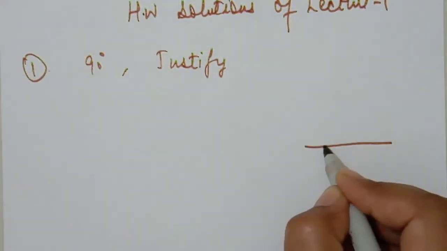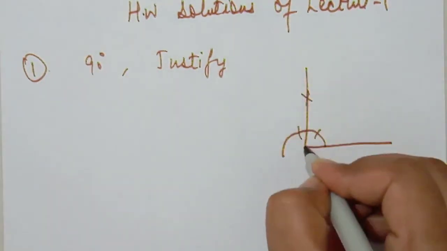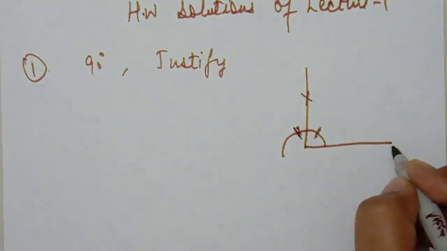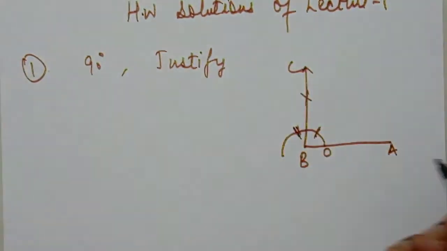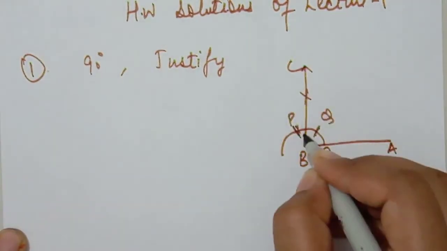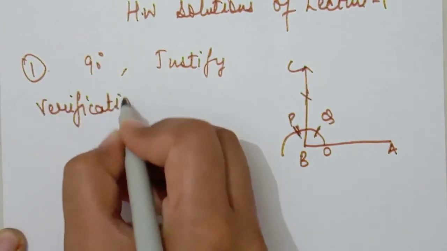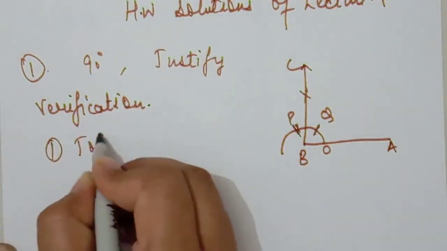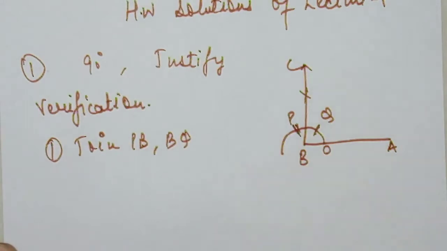I know you know very well that first of all we have to draw the 60-degree angle, then 120, and then the 90 degrees is present like this, correct? This is 60 degree and this is 120 degree arc. So we will mark it as AB and then point C, and this is O. Now for the construction we have to mark these 2 points also, P and Q, and then the verification, or we can write it as justification. So first of all, the first step is to join PB and BQ.